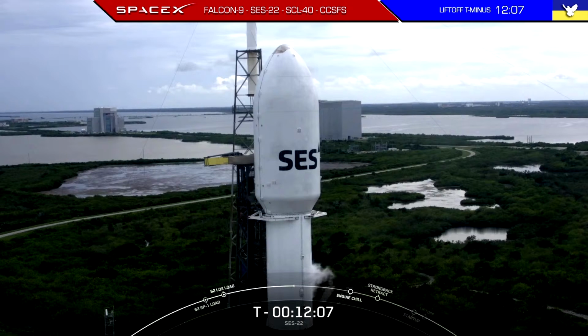Now, as I mentioned, at the very top, we have the payload fairing, which is about 40 feet tall and 17 feet in diameter. To put that size into perspective, an average fire truck is about 40 feet long and 12 feet wide, so a fire truck would fit comfortably inside of our payload fairing. The fairing's job is to protect the payload from aerothermal loads, heating, and contamination during ascent. Once we reach the vacuum of space, we will jettison the fairing as the second stage will continue on its